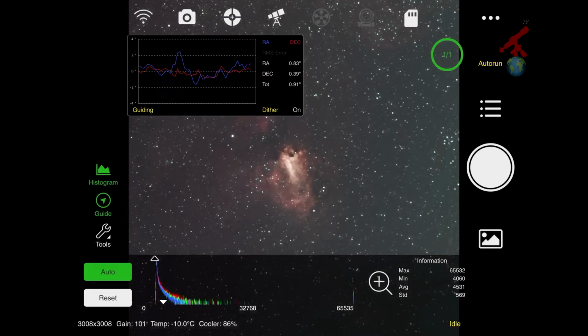All right, so the histogram is away. I'm averaging 4,500 ADU. Guiding is fine. This is actually a little bit higher than it was earlier during the actual imaging. But